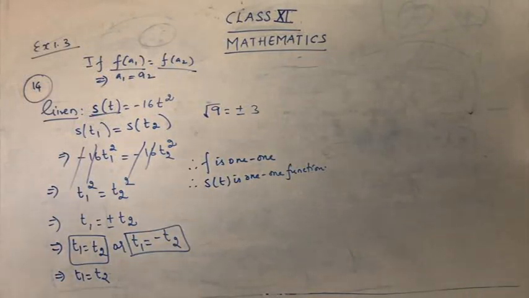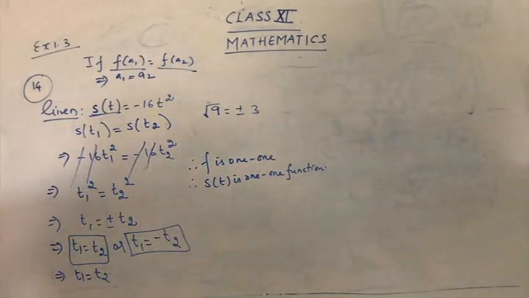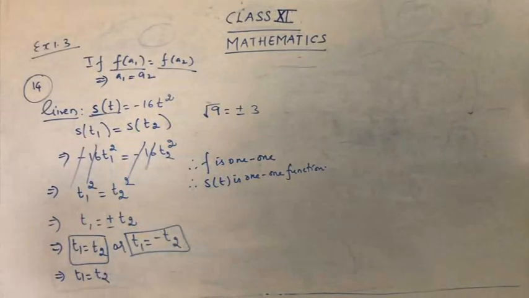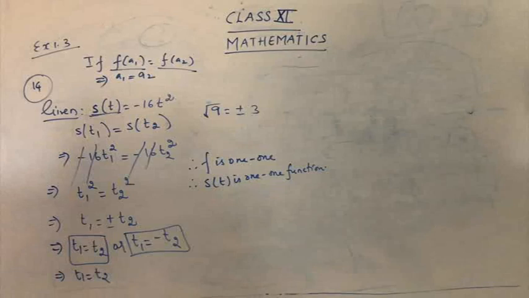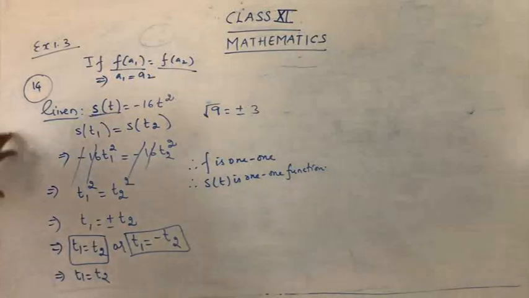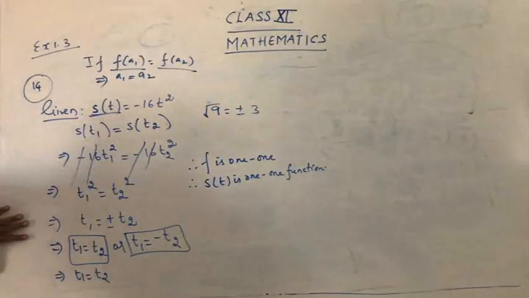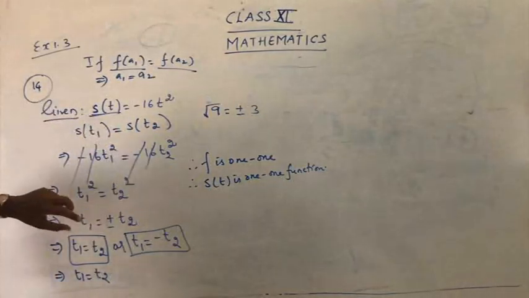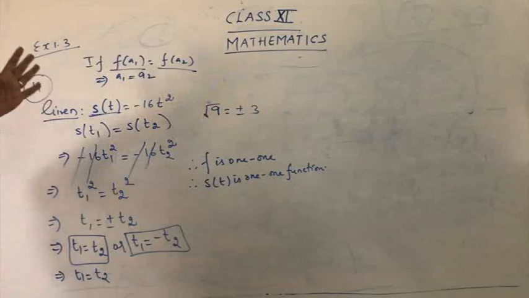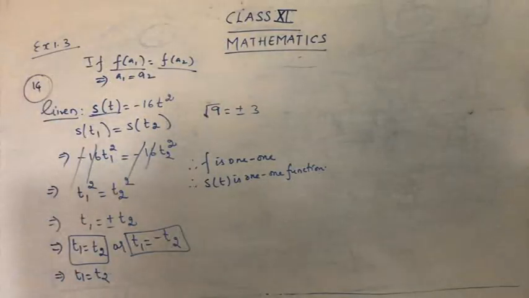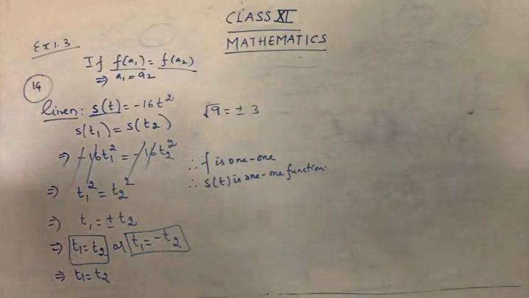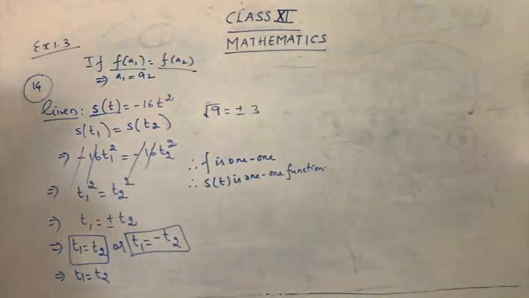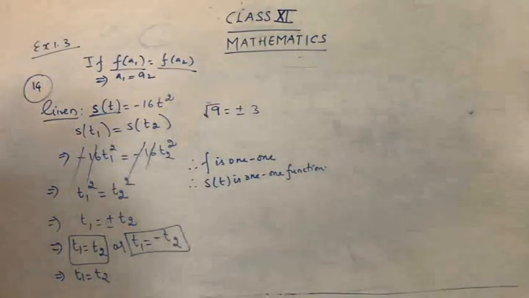Okay, so actually the question is to graph the function and determine if it is 1-1. So what have I done? I have just used the definition, and with the help of the definition I have arrived at the function being a 1-1 function. But now we are going to plot a graph, and from the graph also we are going to determine that it is 1-1.